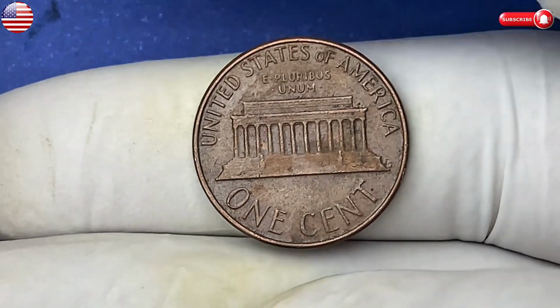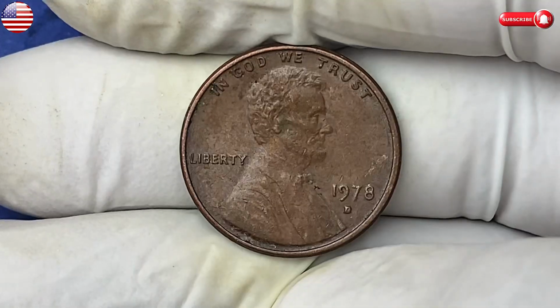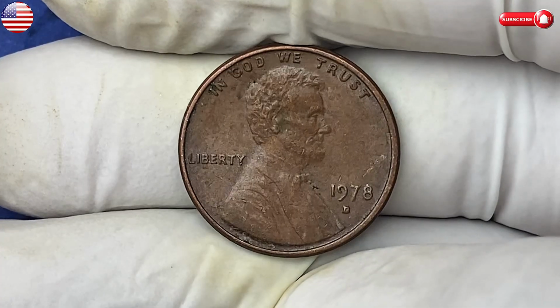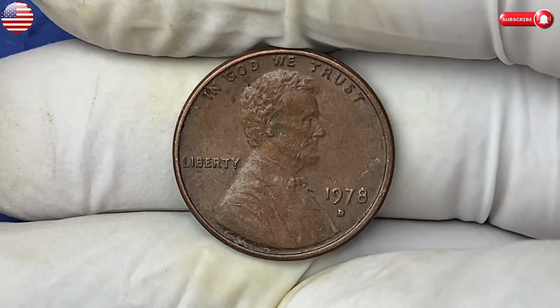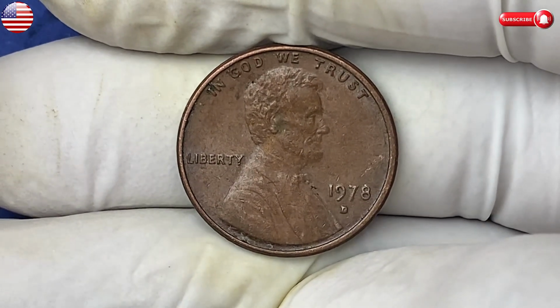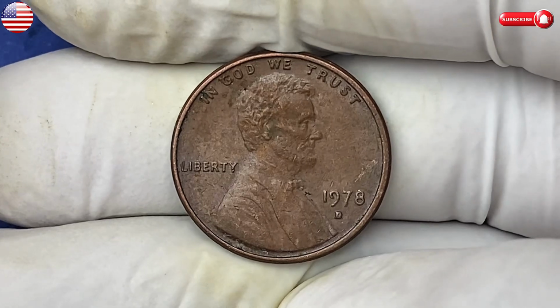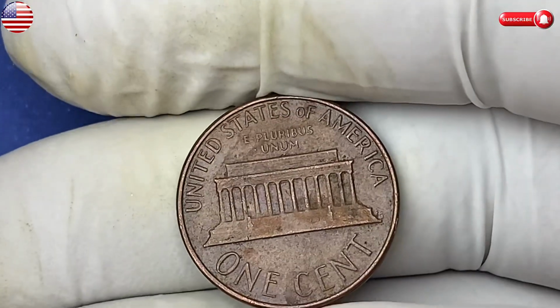coinage. Now, you might be wondering, what makes a 1978 penny stand out? After all, the U.S. Mint produced billions of them, both in Philadelphia and Denver. Most are extremely common and only worth face value. But hidden among them are coins with unique characteristics, errors and rare minting varieties, that make them exciting and valuable